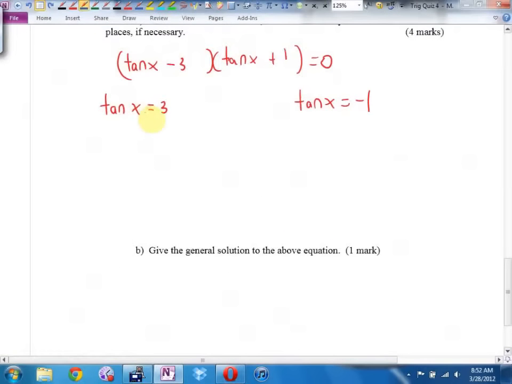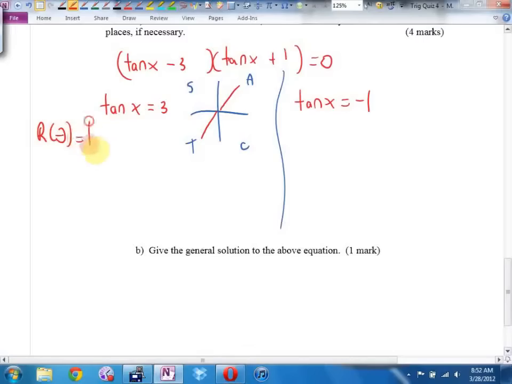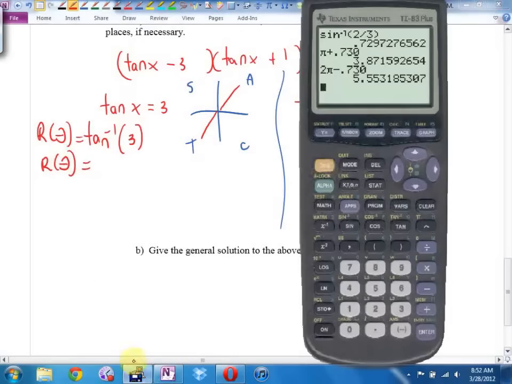This will have an answer. What will the answer to this factor be? Well, I would write the cast rule. Tangent is positive here and here. I would say to myself, do I have a triangle with a 3 and a 1 in it? No. Then I would find the reference angle. The reference angle is going to be the inverse tan of 3. The reference angle ends up being